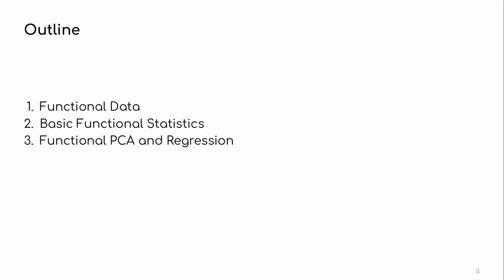So to give a brief outline, I'll spend quite a bunch of time on functional data itself. So how to get it, how to approximate it, and so on. Then some basic functional statistics. Because we're doing statistics in function spaces, we want to be able to take the average of a variable, take the covariance, stuff like that. So we'll see about that. And then we'll finish with some pretty cool stuff involving functional PCA. So you extend the notion of principal component analysis to this functional setting, and also do some kind of linear regression. So let's keep going. Let me keep the chat in view, so if you have any questions.